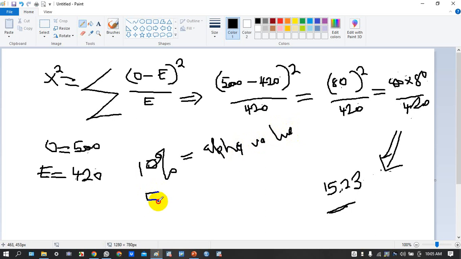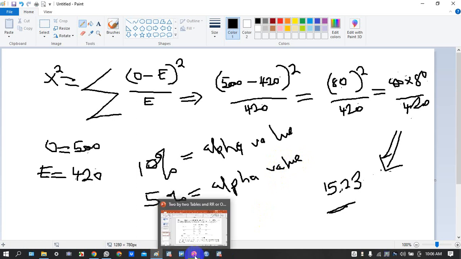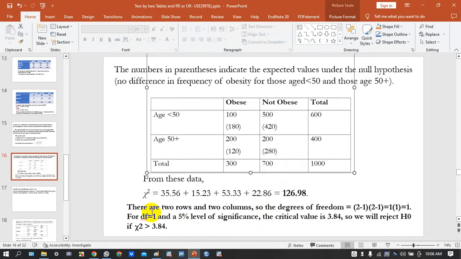If it is 5% level of significance, it is also called alpha value. So anytime you hear level of significance and they mention the percentage, it is called alpha value. So when we look at the statistical table, degree of freedom, 1 times 1 gives us 1. At an alpha value of 5%, the critical value you will see from the statistical table is 3.84. And we can see that 3.84 is far less than